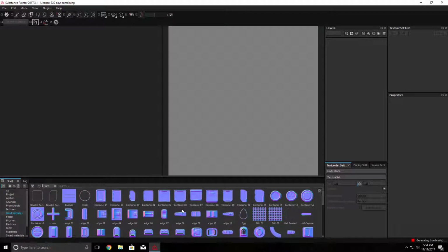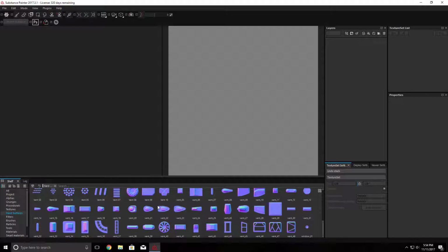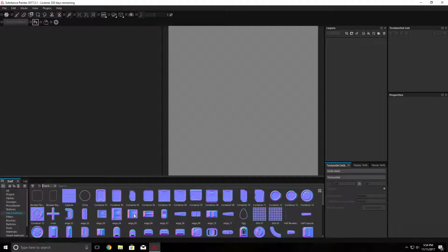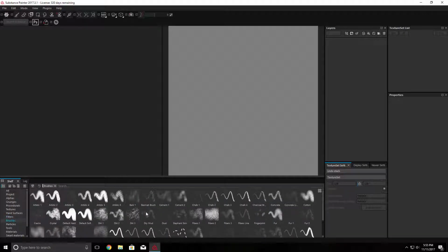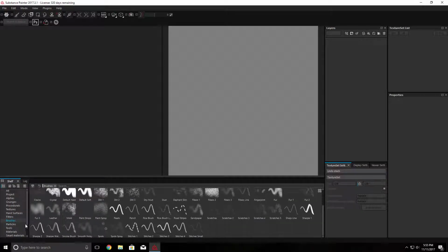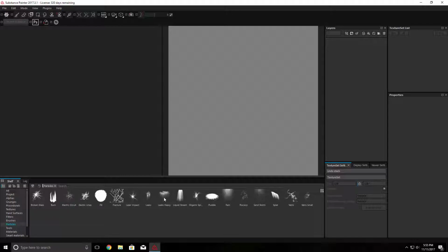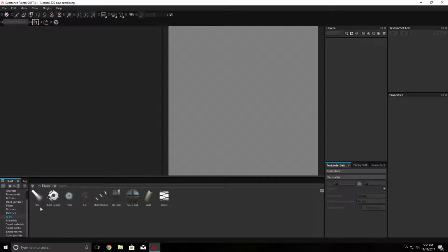Hard surfaces, this is for different normal work. I use these a lot for different things. They can give you some pretty cool effects. Filters, I don't really mess with these too much, but if you need to achieve something in particular, you can do it with these. Brushes, obviously, the type of brush you are painting with. You can adjust those over here when we use one. Particles, these are really, really awesome. They basically simulate whatever particle you choose going across your mesh, and it's pretty awesome. Tools,